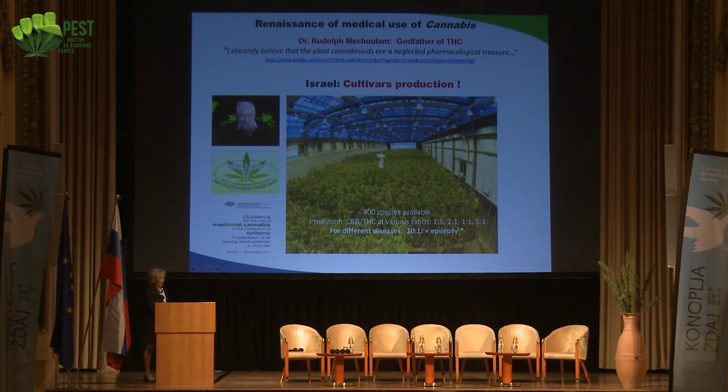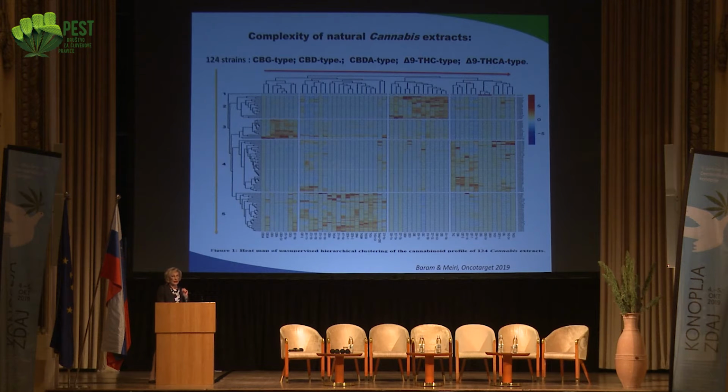And so we have about 400 different cannabinoids, but practically they grow very well-defined 124 strains, as shown here. An excellent paper by Professor David Meiri in Israel was published this year, and he analyzed all these 124 strains, and here these strains are listed in this direction. These columns are strains. And here you have different cannabinoids, and he measured all the cannabinoids, and he noticed that there are clusters.